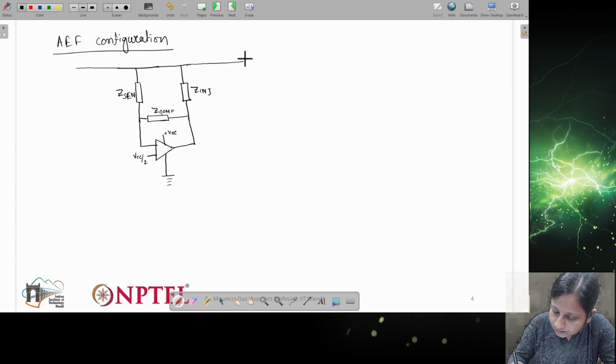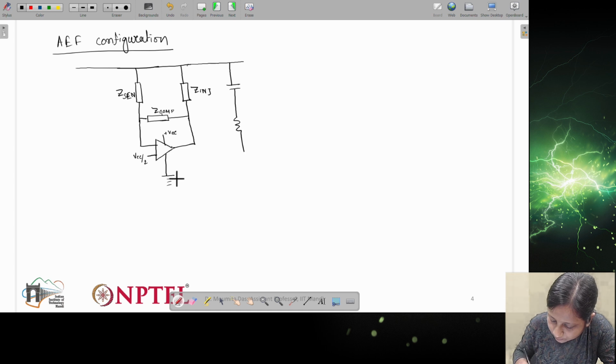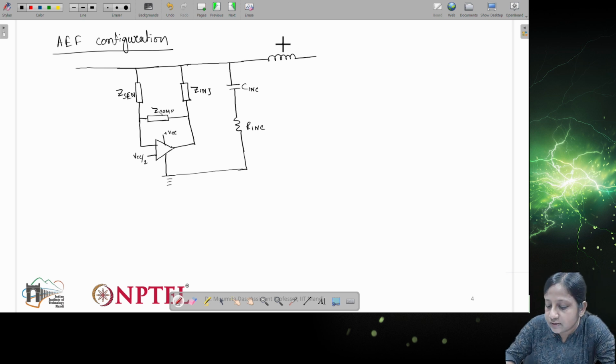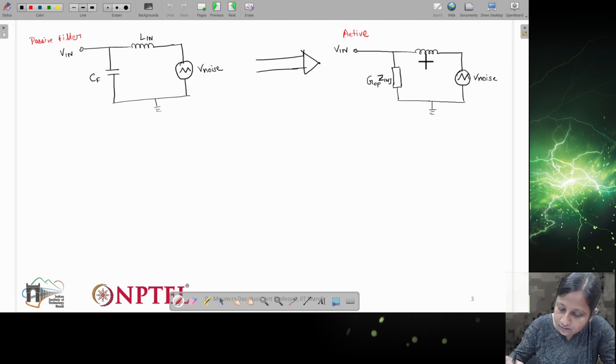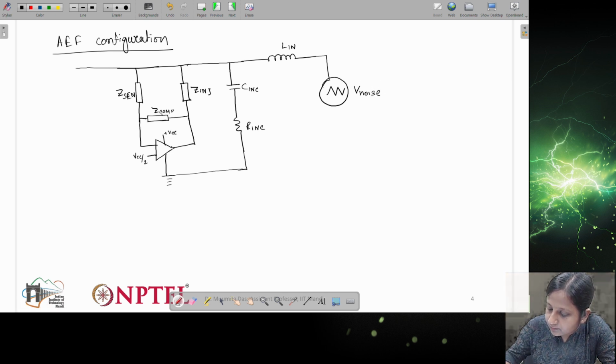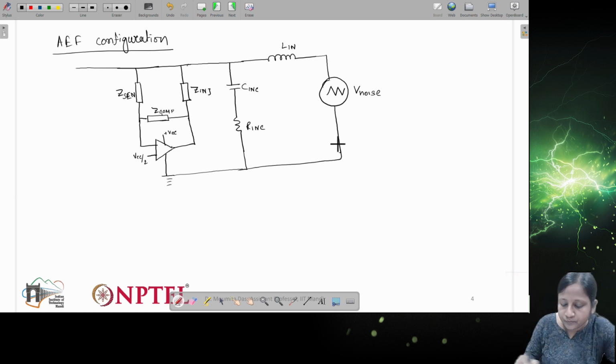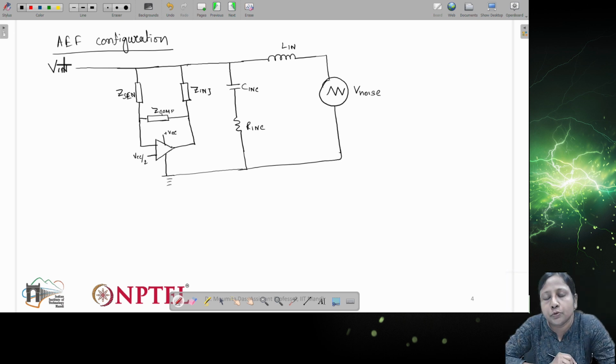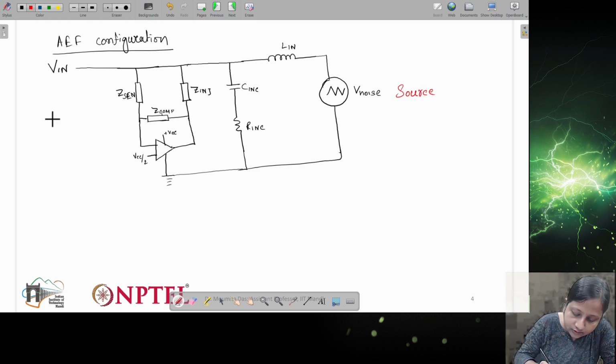to the input capacitor, which will have one resistor, the input resistor, C INC, and this will be connected to the inductor. So that inductor I have shown. So this is the L in. So in the previous one, this L in it should be. This is the one. This inductor will now be connected to the noise source, the noise which we generally get in the converter input. And this is the one which is going to the input of the converter. So this side is the source side, this is the converter side,